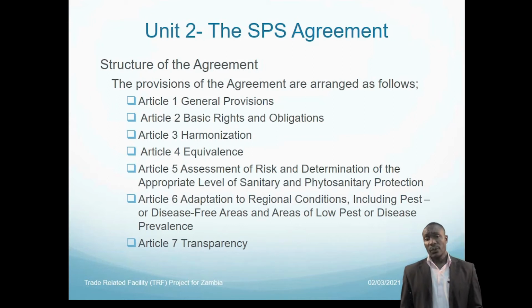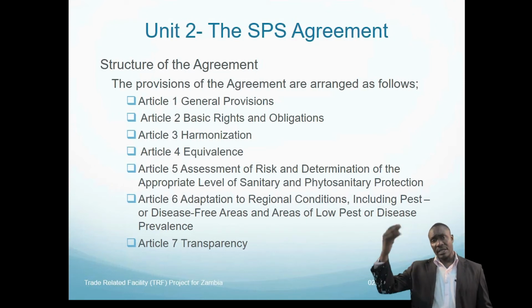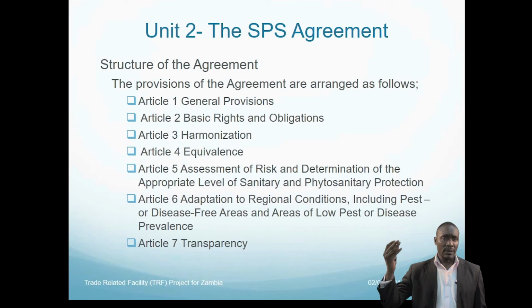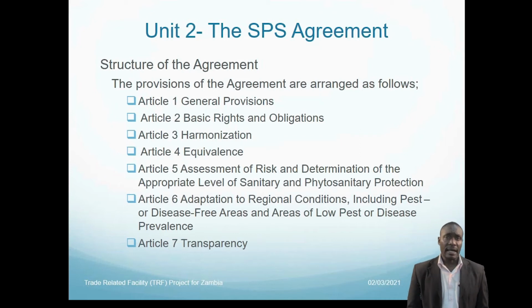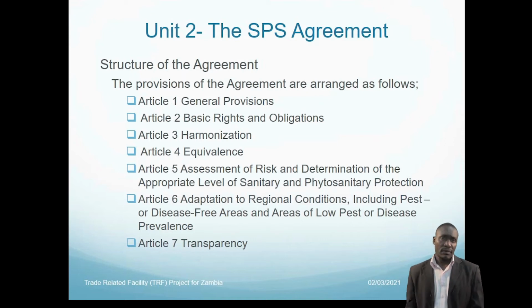Article 7 will look at the transparency issues. Yes, you have the measure. Where is your measure based? It's based on international standards. So the international standard is already available, and there were already some consultations in that regard. But your measure now is different from the guidelines or the standards that are set by the international standard setting body. What do you do? You have to notify your people